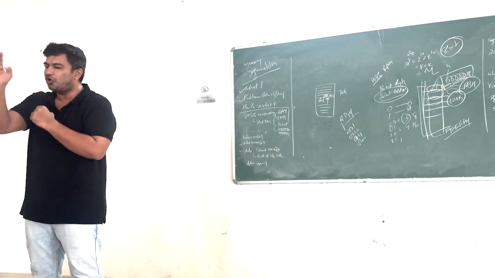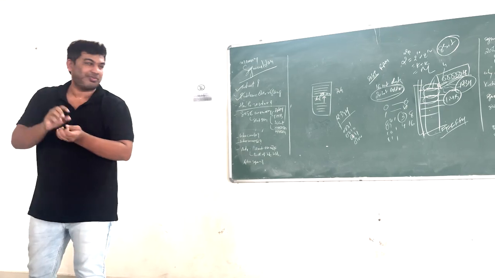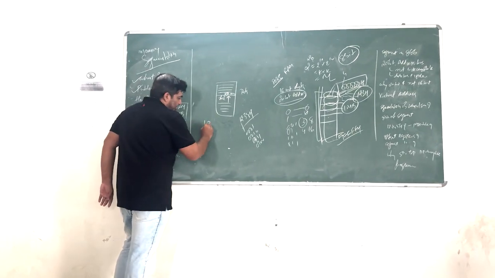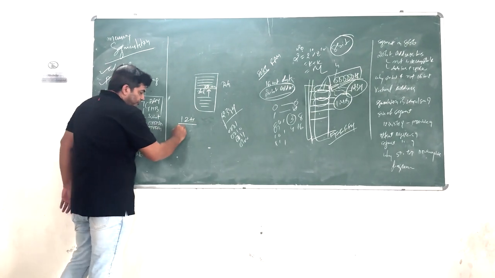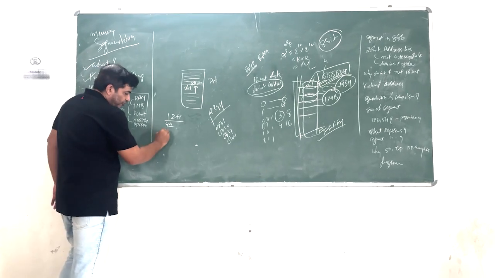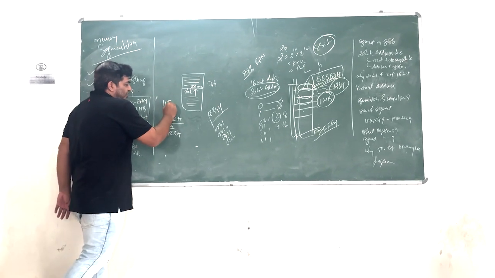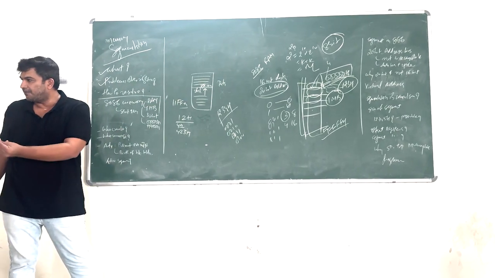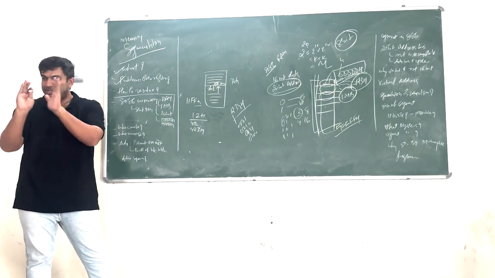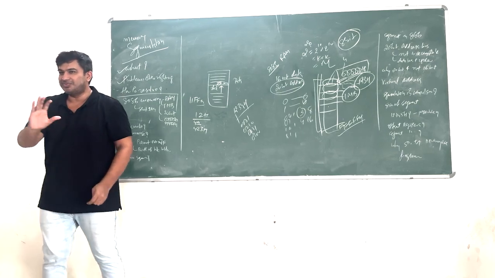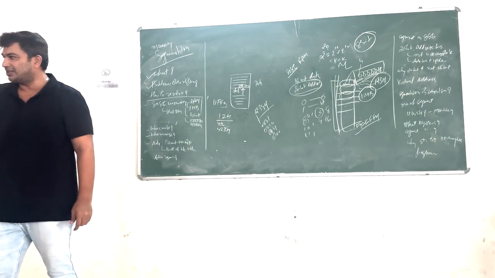1 hex digit, 4 binary bits. Just fix it in your mind. Concentrate. 12H, 8 bit number. 4H, 4 bit number. 423H, 12 bit number. 11FFH, 16 bit number. Understand? And that's why hex numbers are important. We are dealing with hex numbers.